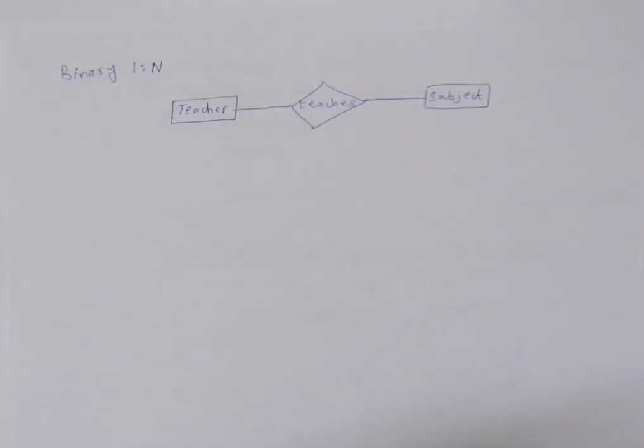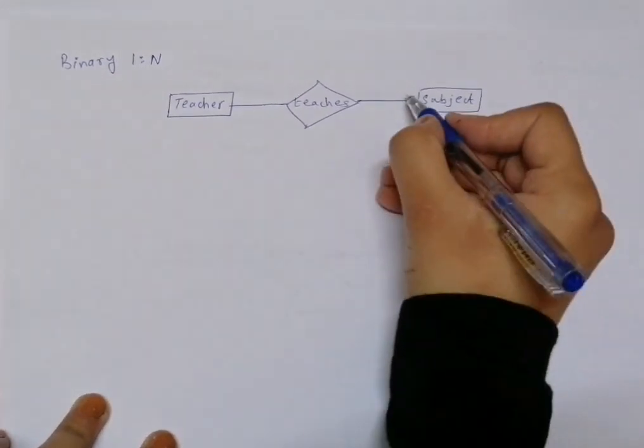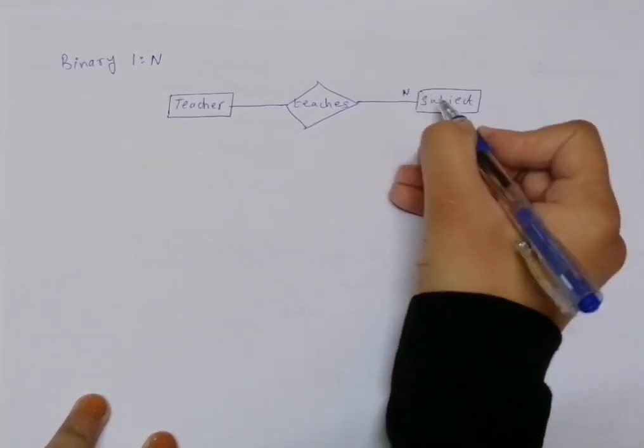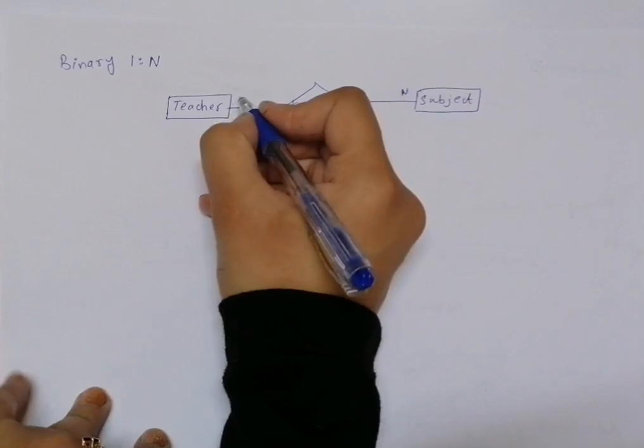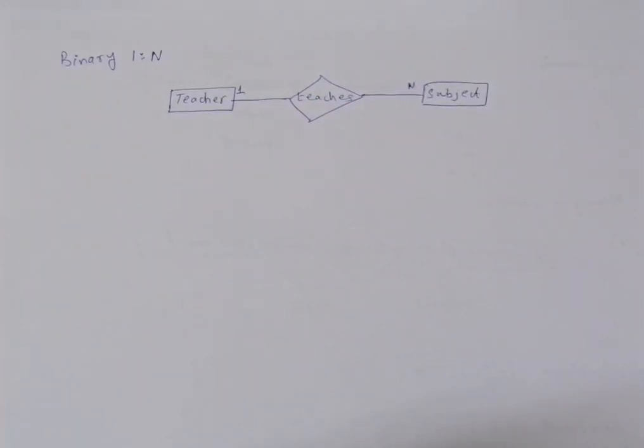Okay, so when we consider this type of relationship, you can see that a particular teacher can teach many subjects, whereas one subject can be taught by only one teacher at one particular time. So this is a binary one-to-many relationship, or you can also call it a binary many-to-one relationship. Whenever we encounter this type of relationship where we have a cardinality constraint of one-to-many, we don't go for the